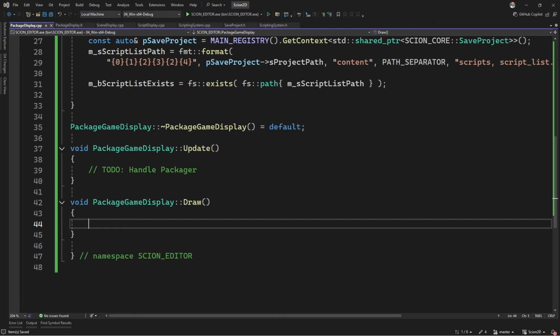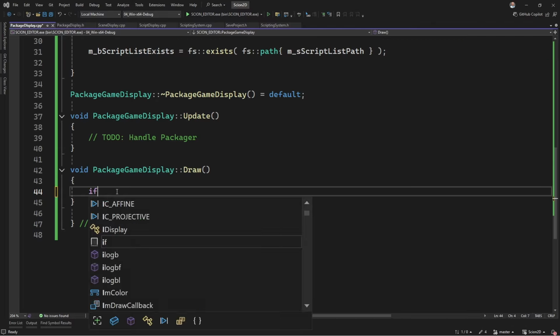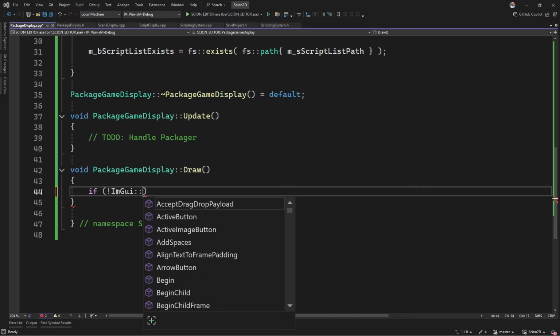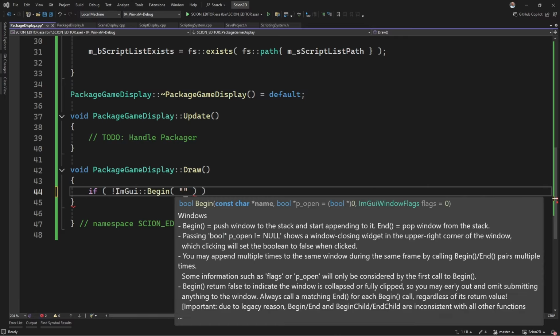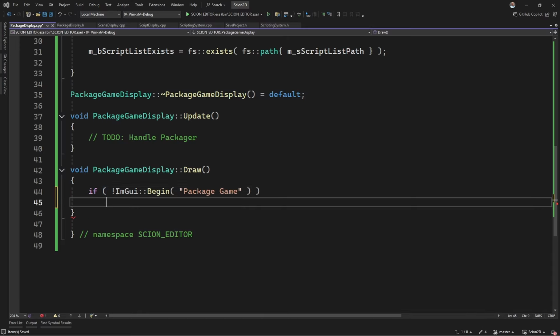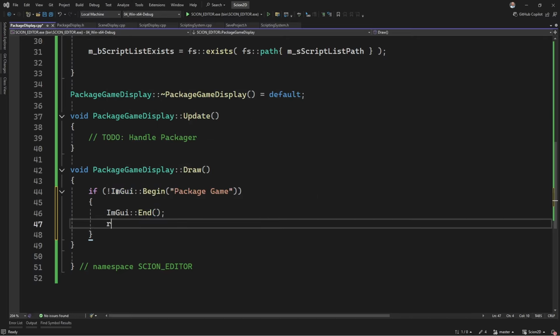Okay, so now the draw function. So we just want to call this the package game. So if not ImGui begin, and it's going to be package game. That's what I'm going to call it. That's the display name. So if it doesn't, we want to go ImGui end, and then just